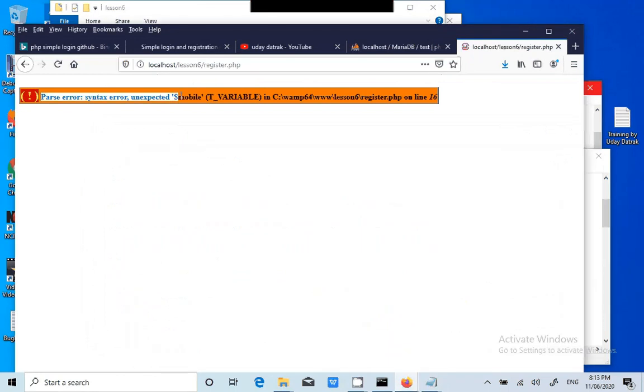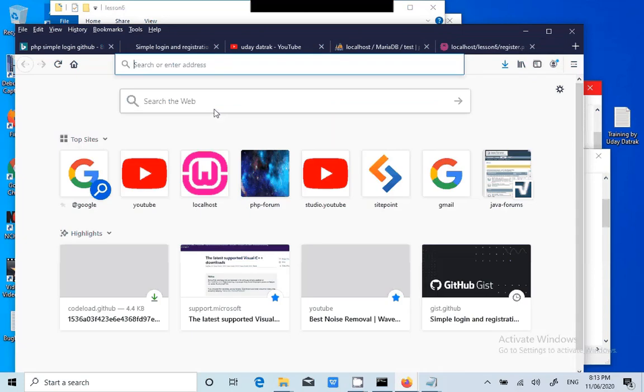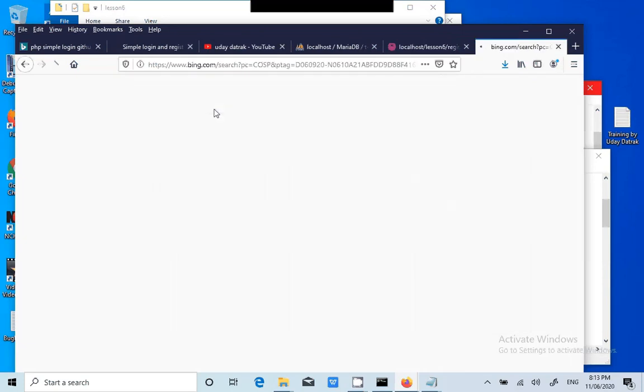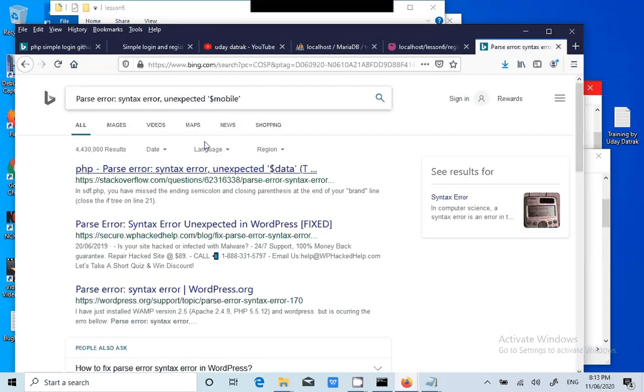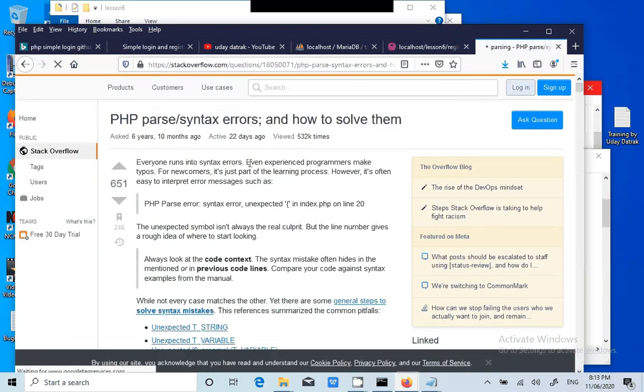Parse error. So what you need to do is simply copy and search for it. I'll put it in double quotes so that I get the appropriate results.